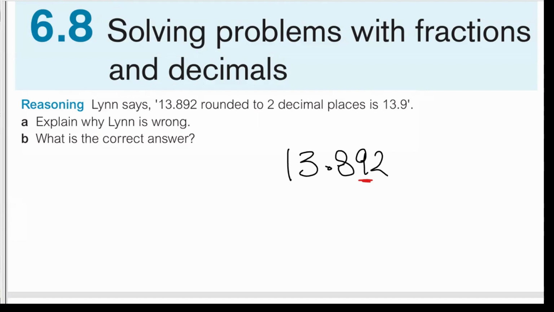Is she right or is she wrong? Two decimal places means you underline the 9. So you look at the 2, you see that the 2 does not give you anything, so it's 13.89 and not 13.9. So 13.9 means that she rounded to one decimal, not two decimals. And the correct answer will be